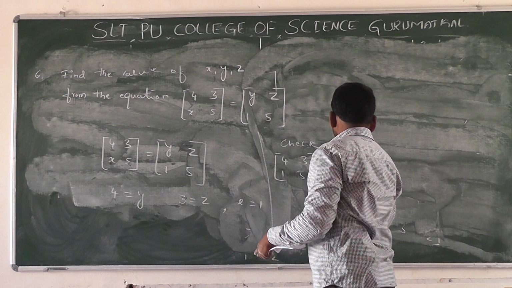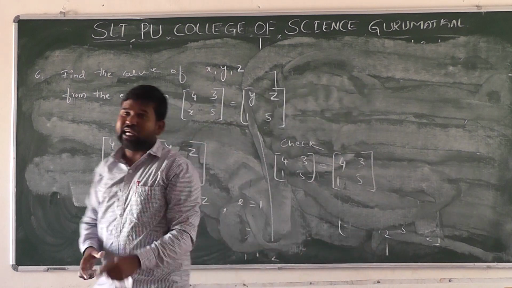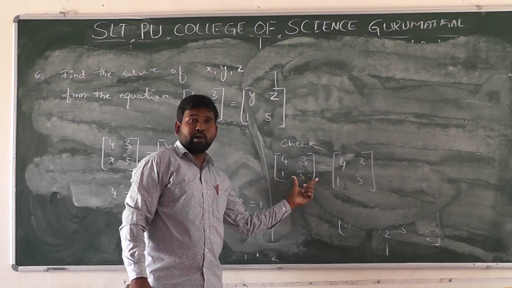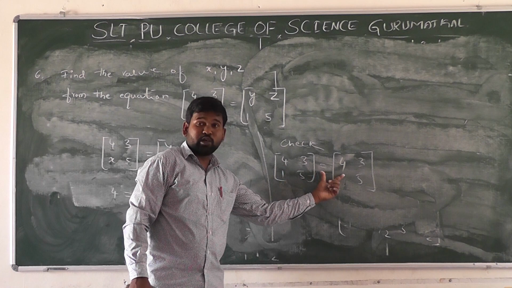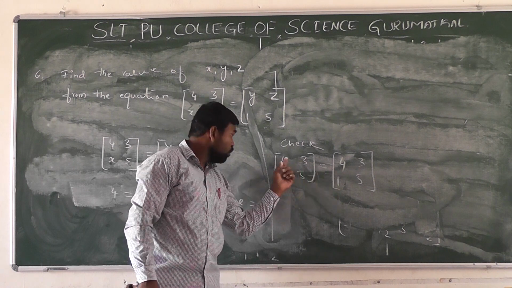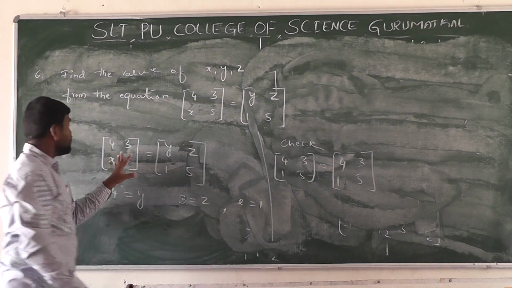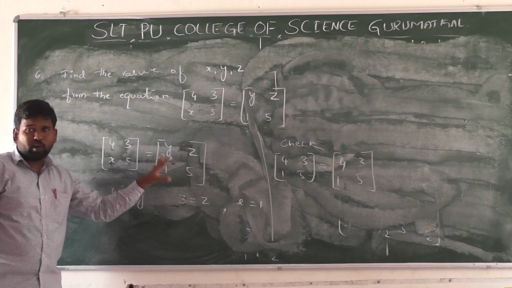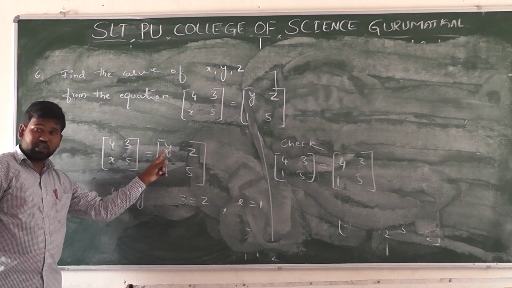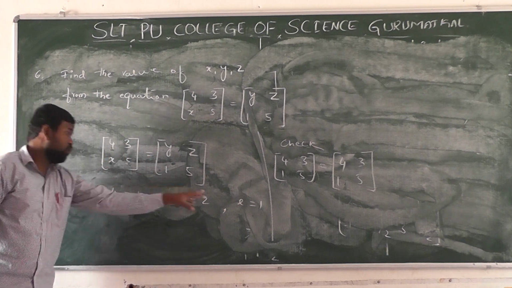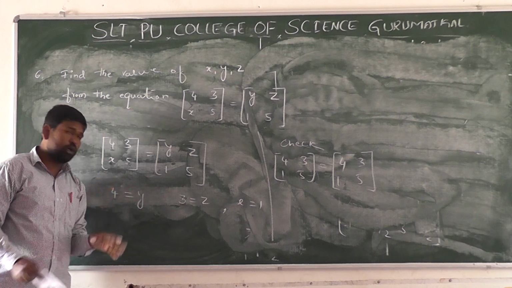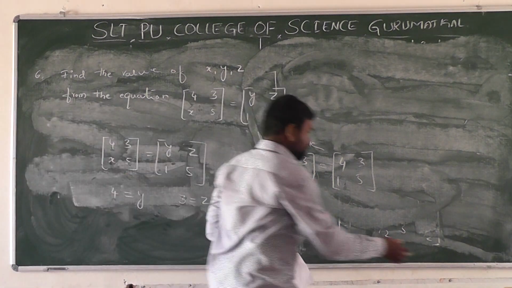1. Then these two matrices are said to be the what here? Equal matrix. What is meant by equal matrix here? These two matrices are said to be equal when their order is equal and their corresponding elements are also equal. That's why these two matrices are said to be equal matrices. The x value is 1, the y value is 4, and z is equal to 3. Next one.